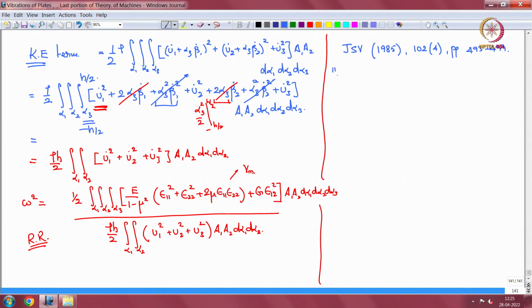The title is Natural Frequencies of rectangular plates